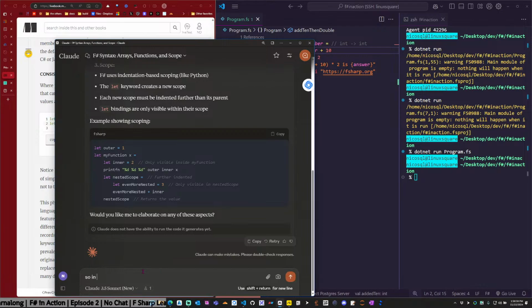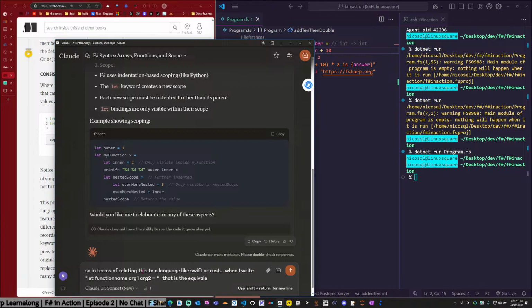So in terms of relating this to a language like Swift or Rust, when I write let function name arg1 arg2 equal,